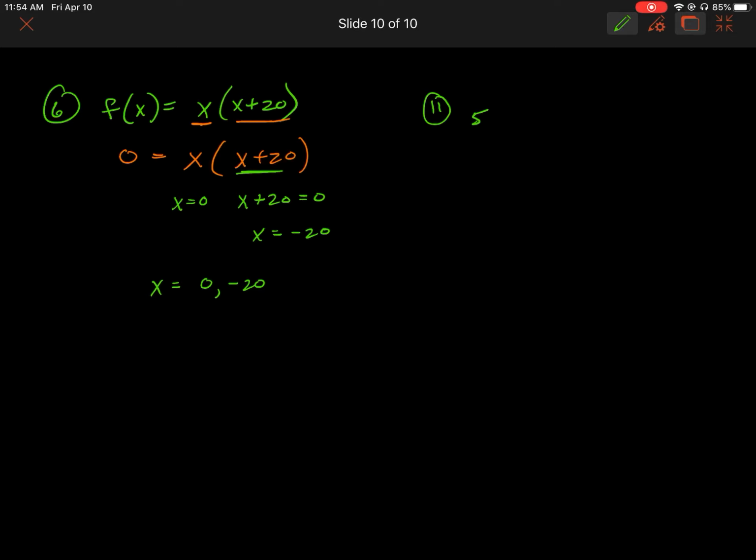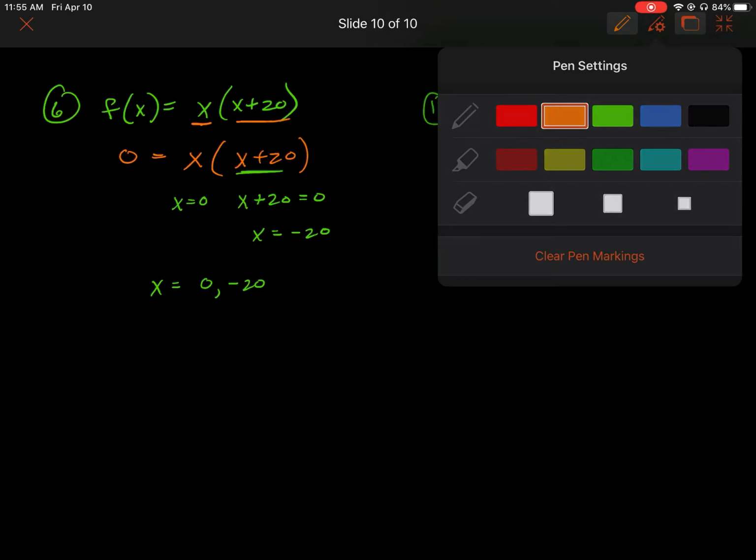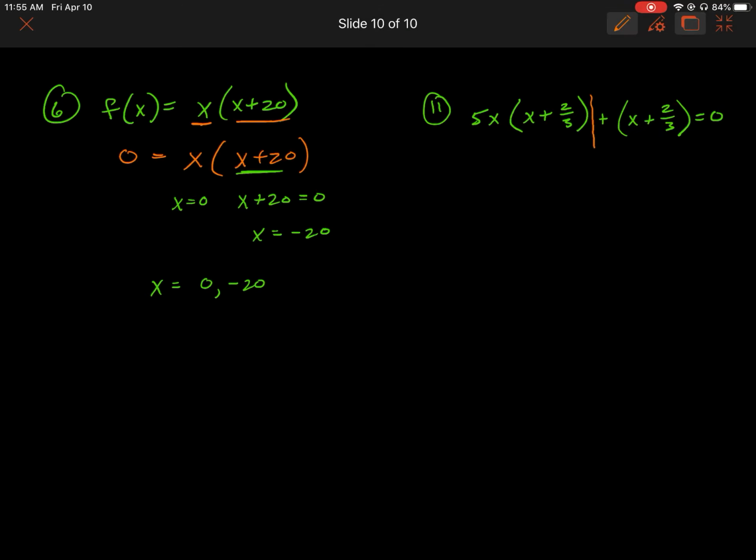So this one is 5x times x plus 2/3, and you can probably figure this out on your own, but I'm going to do it anyway, plus x plus 2/3 equals 0. So this looks a little different, right? It's not in standard form, which is normally our first step. It's an equation, so we don't have it in function form. We don't need to do anything weird like replacing the f of x. But this should look vaguely familiar because it's already kind of set up for you to do factoring by grouping,